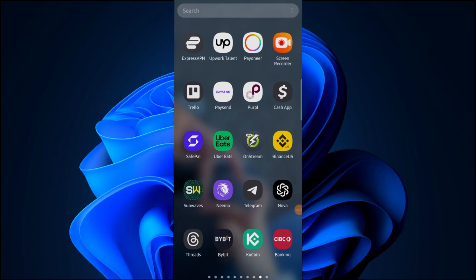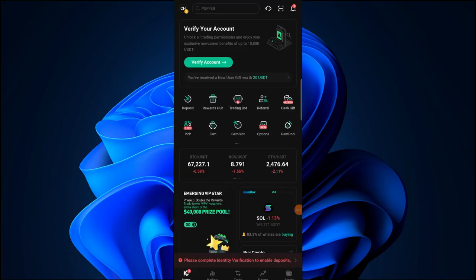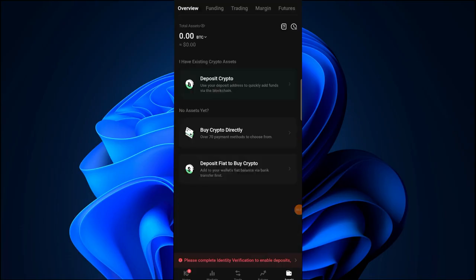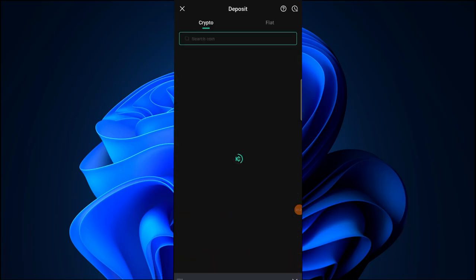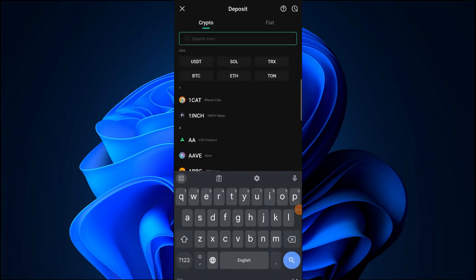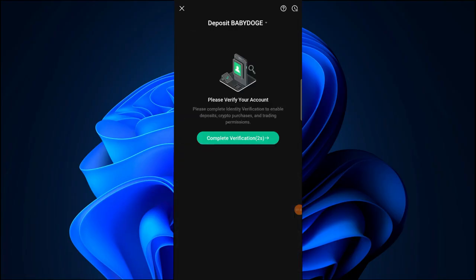So, what you will do is go to KuCoin, then I want you to click on Assets in the bottom right of the screen, then I want you to click on Funding, and after that click on Deposit. So here I want you to search for Baby Doge Coin. And just like that, it will show you your QR code and the deposit address, but since I'm not verified,